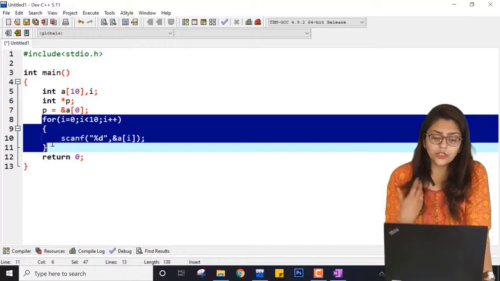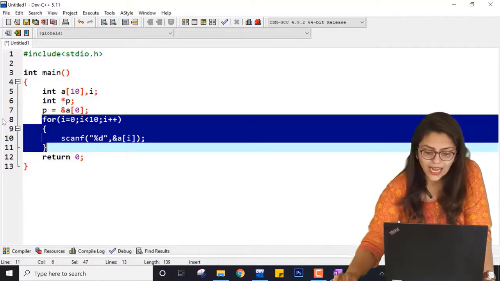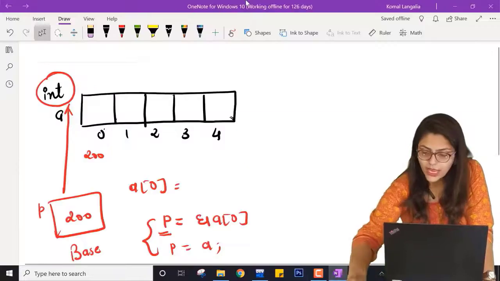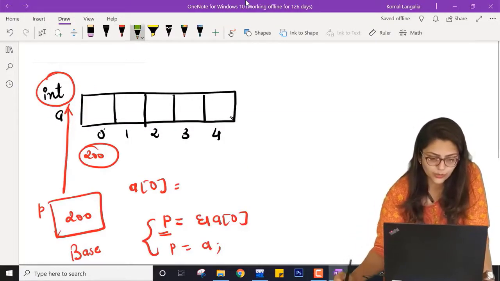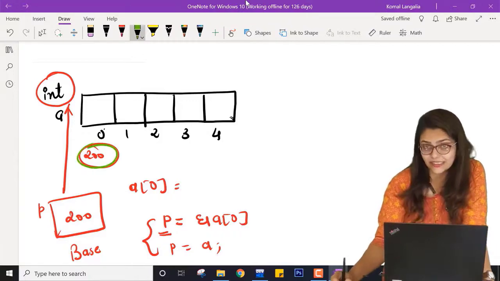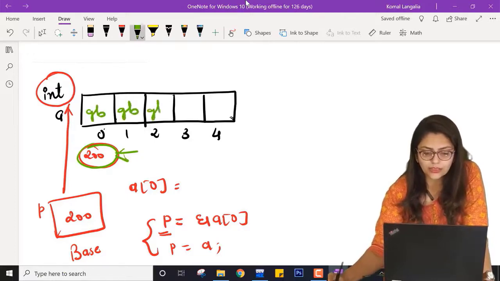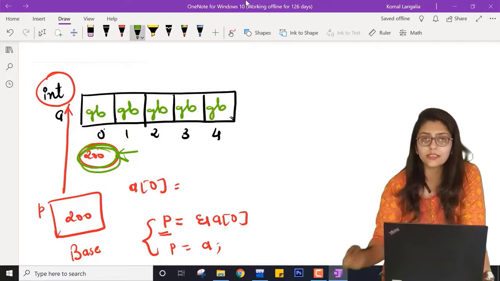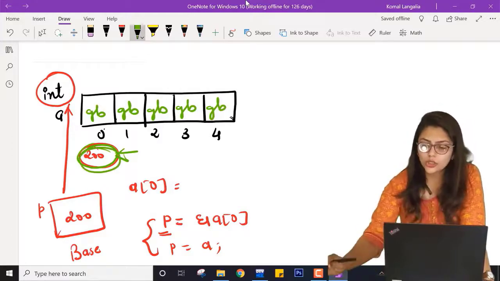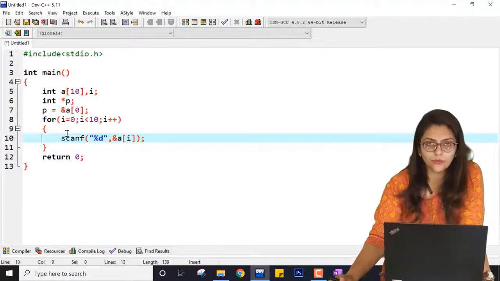Then will it store the garbage value inside p or not? For that I would like to explain a bit that this address will be allocated when the array is created or declared. So this address is fixed, but it is having garbage value right now. Before scanf, this array has garbage value, but this address is known and fixed. So you can write this before scanf.